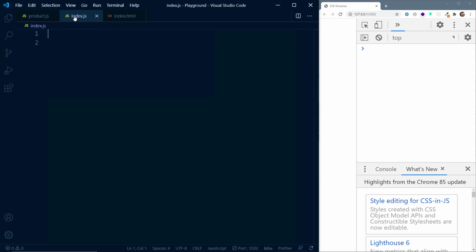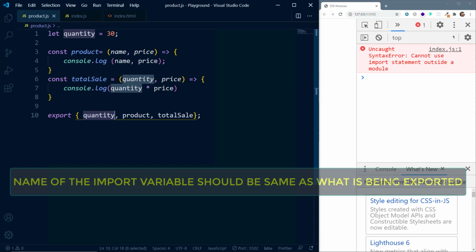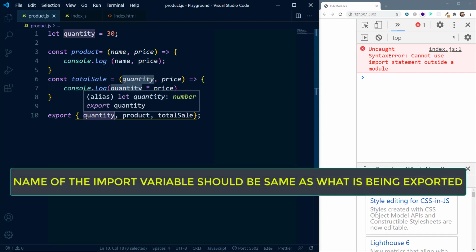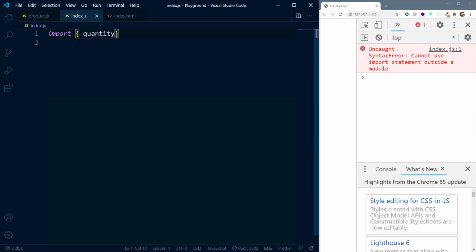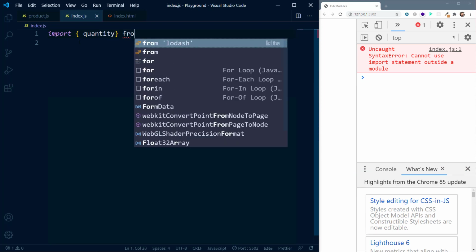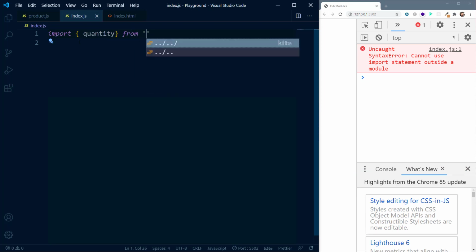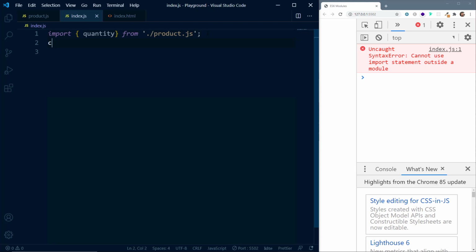So we'll go on to our index.js file, and here we'll write import. Now to import the variables which have been exported by using the named export, we need to consider a few things. The name of the variable should be same as which is being exported. So here the quantity, product and total sale is being exported. So here also we'll start the curly braces, and inside this, suppose we want to import the quantity. So we'll write quantity, and here we'll write from, and then we'll specify the file path of the product.js. So that is product.js. Now if we log this onto the console,